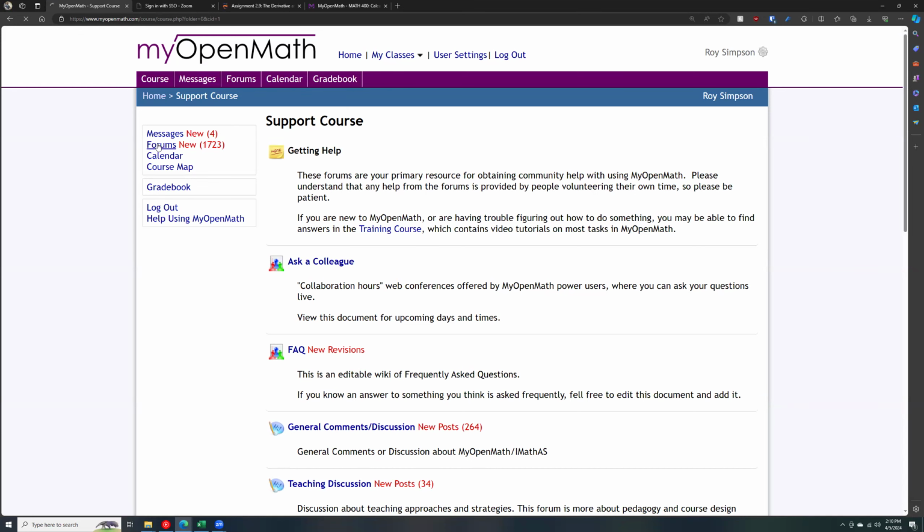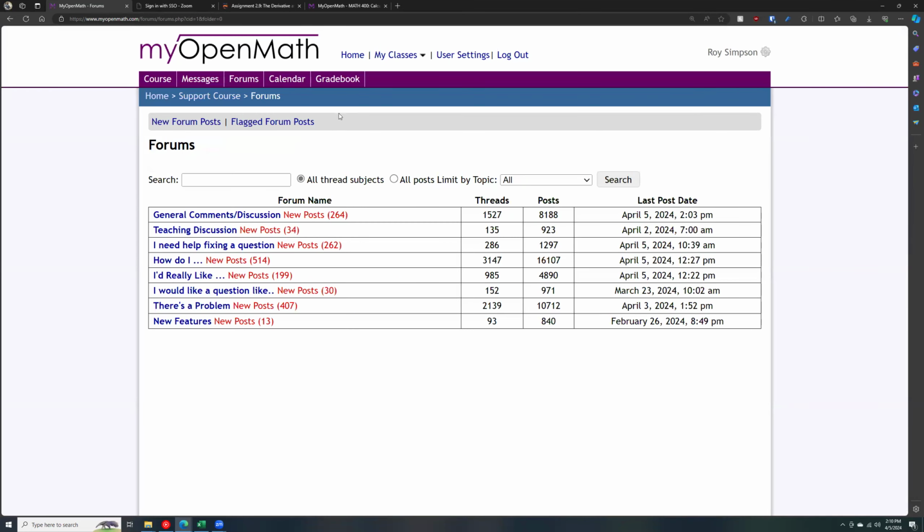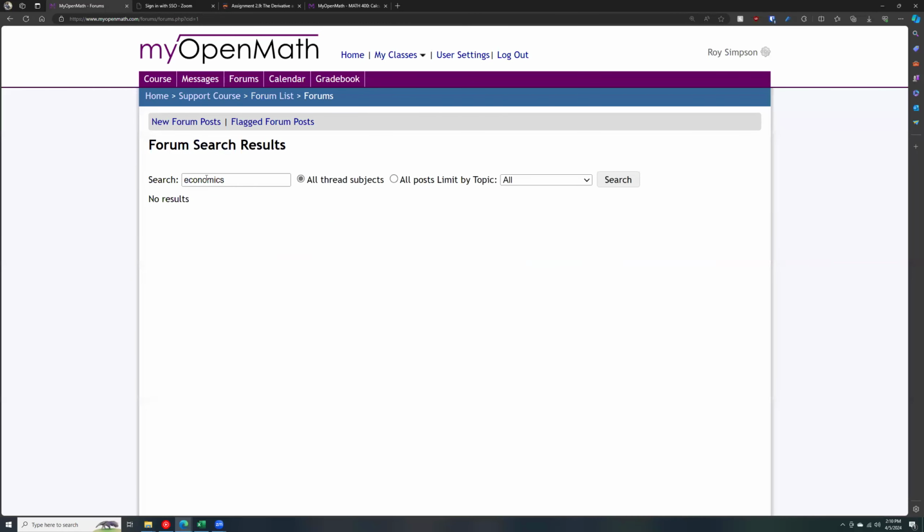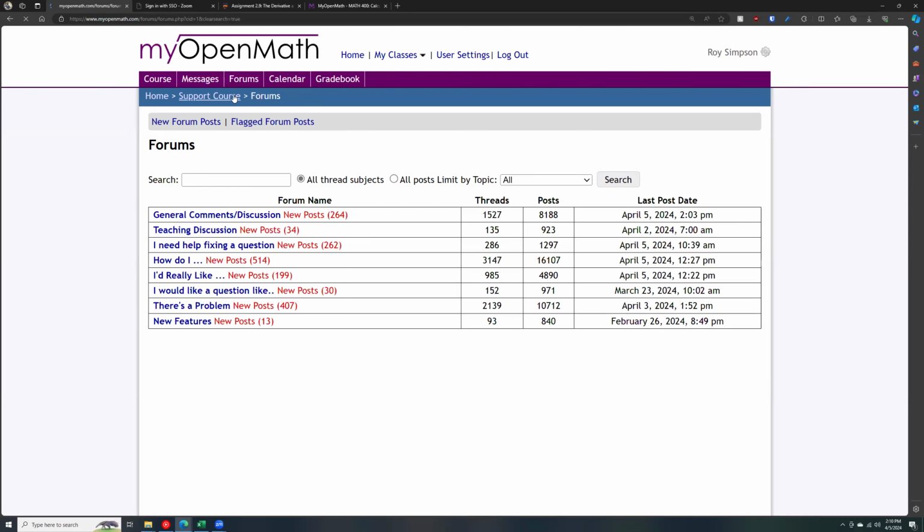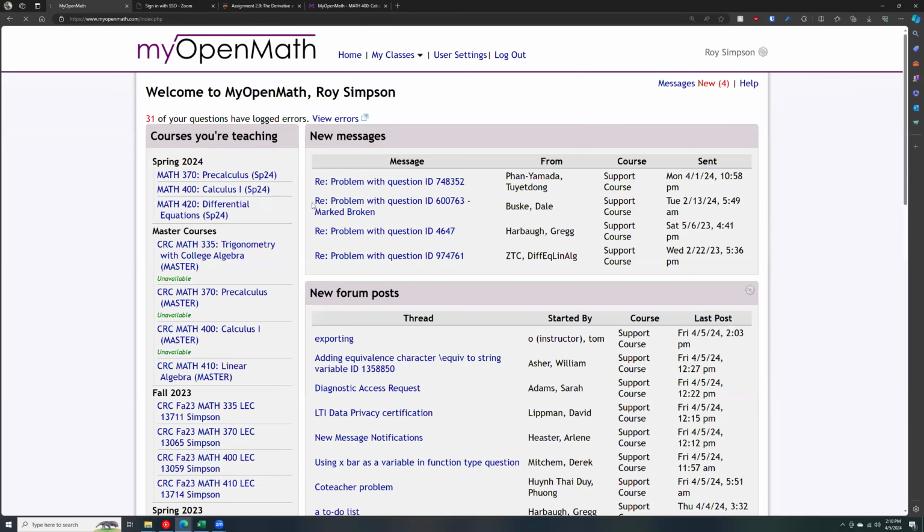And I'm going to type in economics once it gets there. It's just going to take a bit. Economics. And you might find that nobody's ever titled anything economics. That's very unfortunate. Yeah, I did spell economics correctly. So nobody's ever titled a post economics, but it doesn't mean that there are not economics questions, because another way I'd go about it is